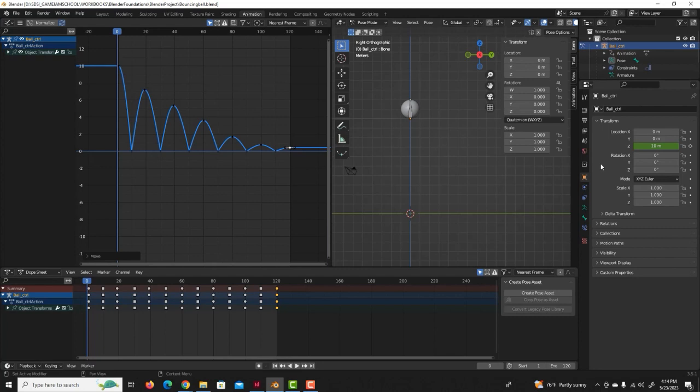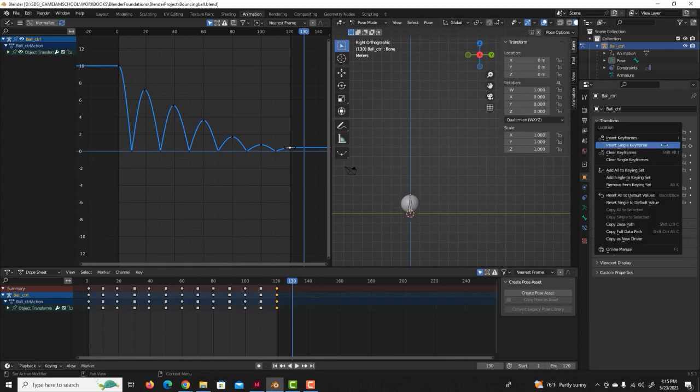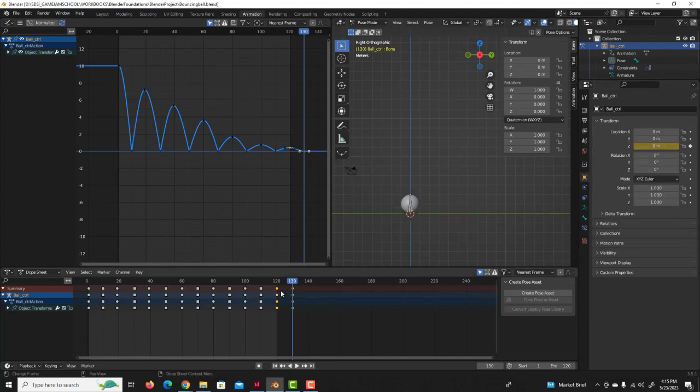And I think, so let's go to frame 130, and we'll add another 0, and we'll fix the playback range later. So now if I play this back,